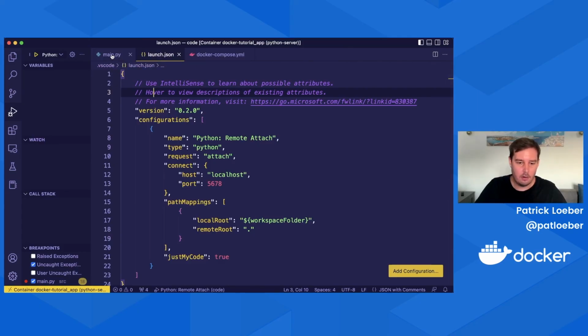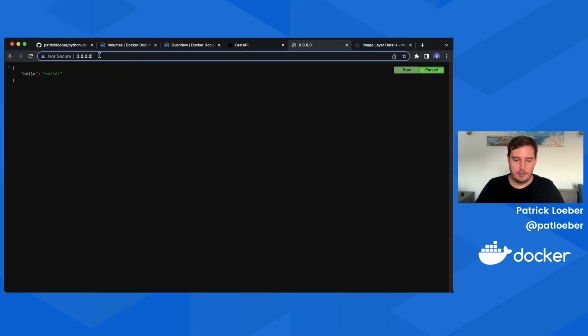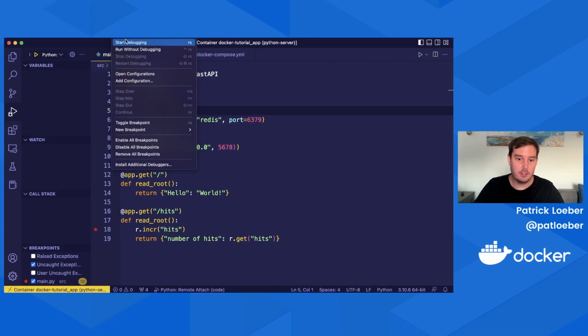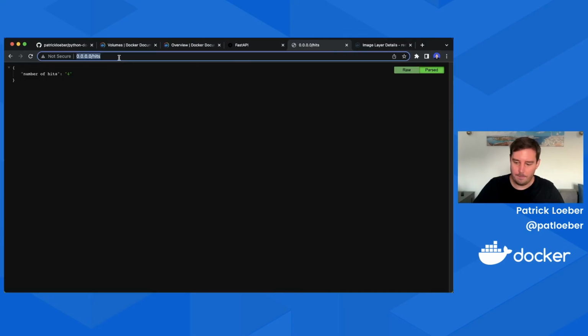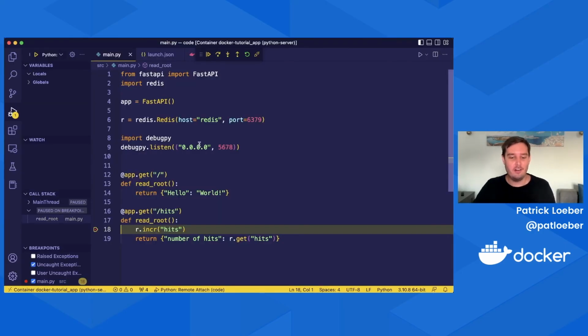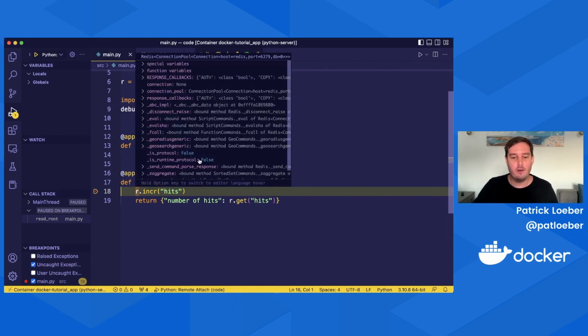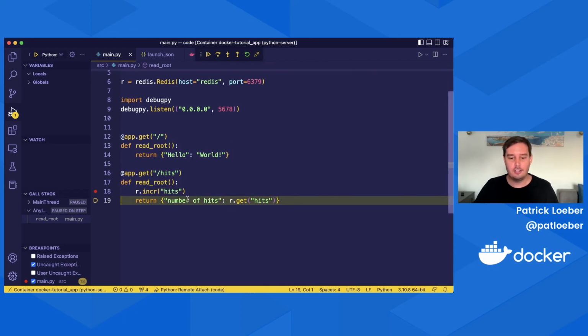So now our debugger is running, and now if we go to the endpoint /hits, then we should end up in the debugger. But first, of course, we have to also start debugging. So let's start this again and let's hit the endpoint again. And now we are inside the debugger and it's stopped here. So now we can inspect all the variables and have our debugging up and running. And then, of course, we can step over this